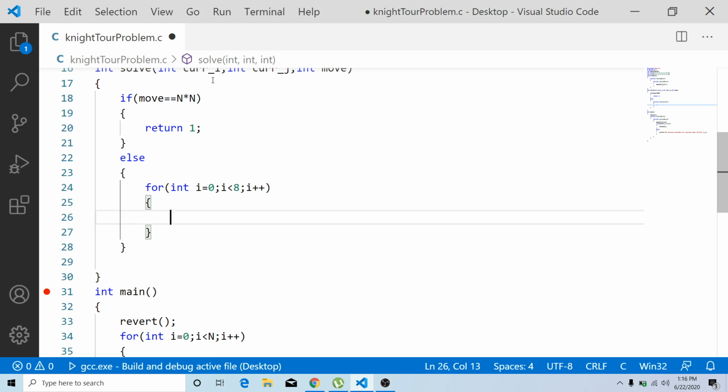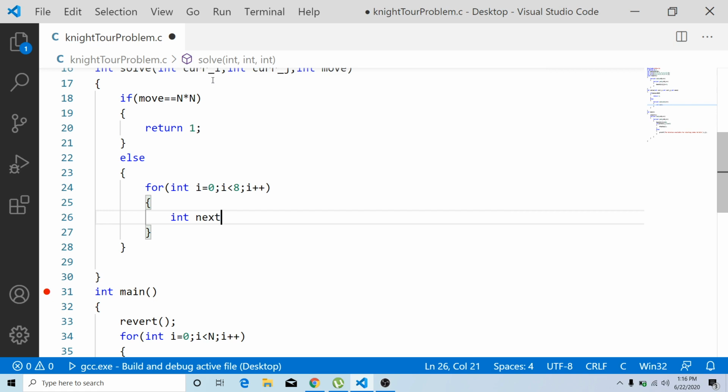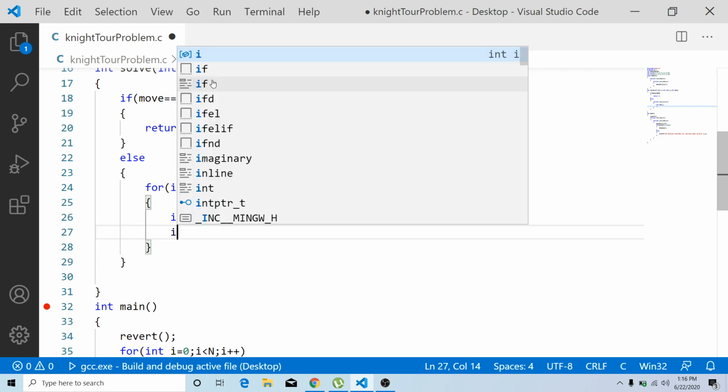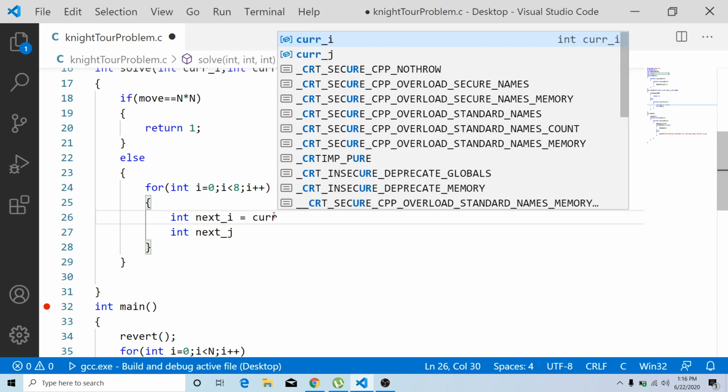Before coming to the bounding function, first of all we will find the next i and j position. So int next_i is the next i variable, and then one more variable is int next_j. What is the next i value? Current i value plus